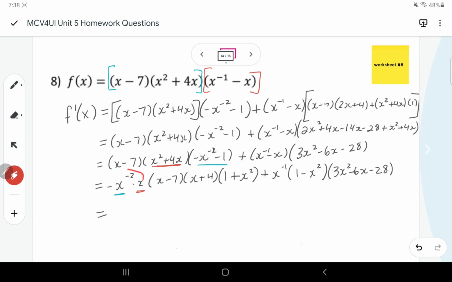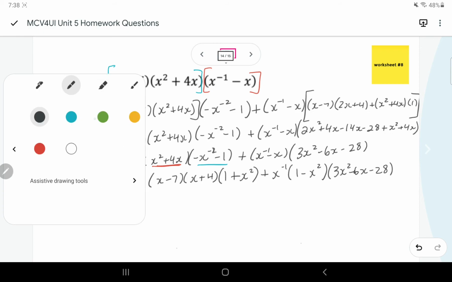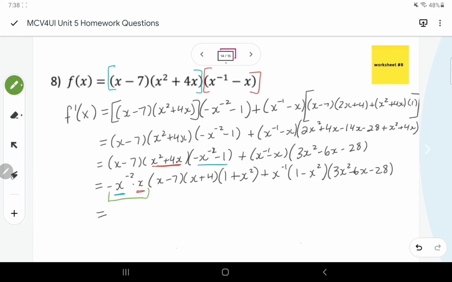Now this here is x to the negative 1, or negative x to the negative 1. So I can common factor that, that whole thing is x to the negative 1. And then I've got an x to the negative 1 there. That's a common factor. So here I'm going to pull out negative x to the negative 1, and then I would have x minus 7, x plus 4, 1 plus x squared,